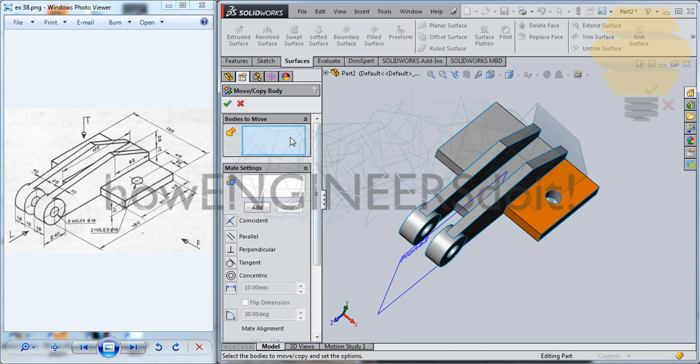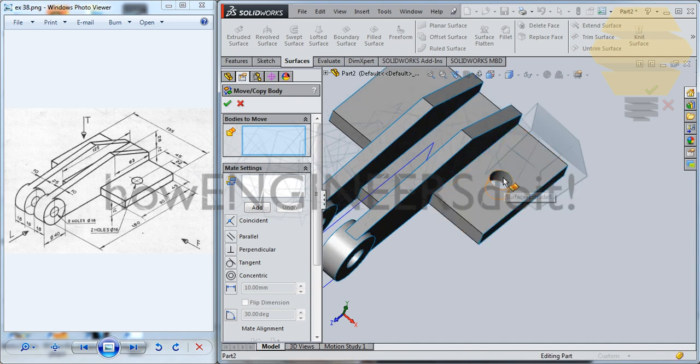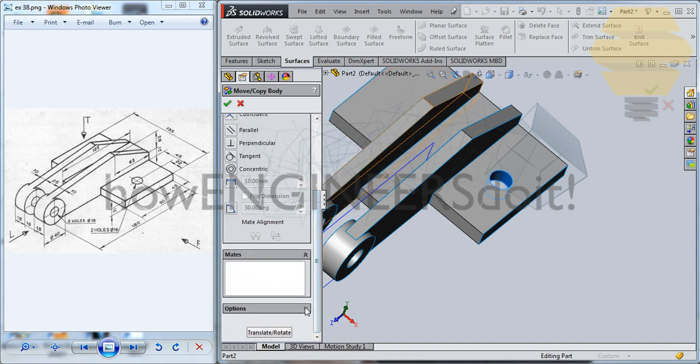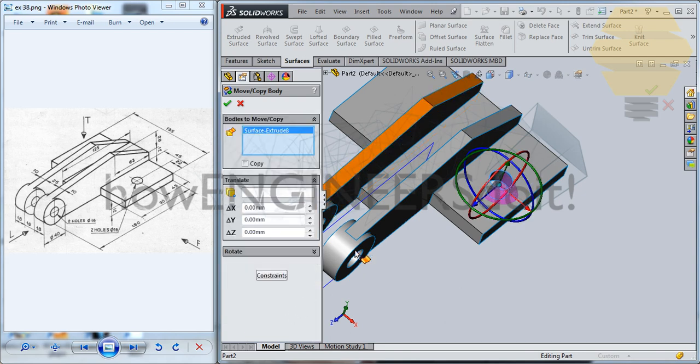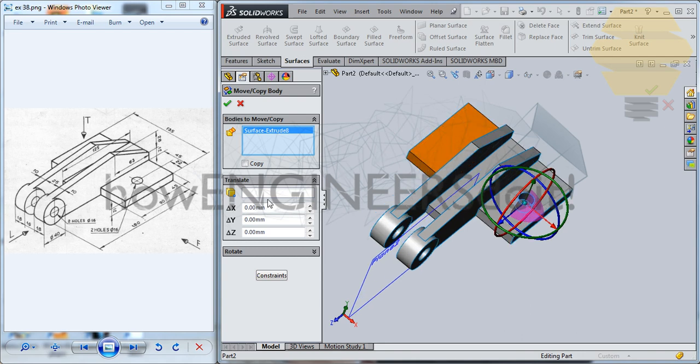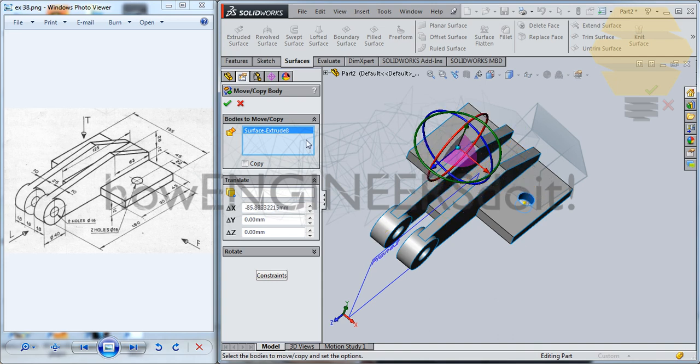Just to move and translate in this direction, minus x at the distance of,